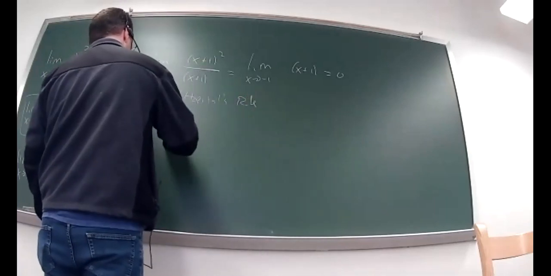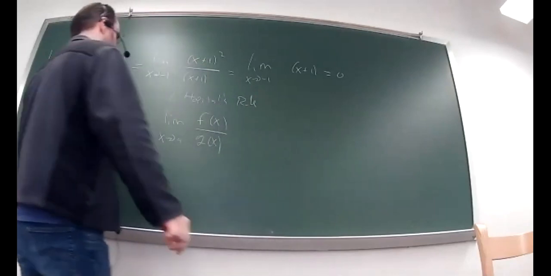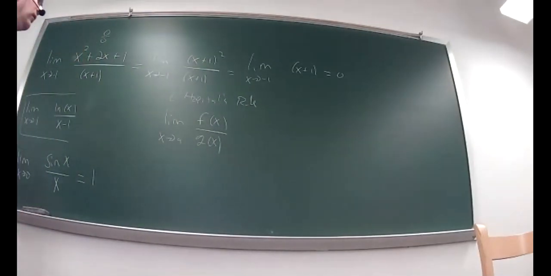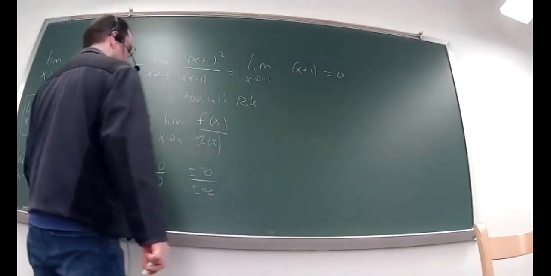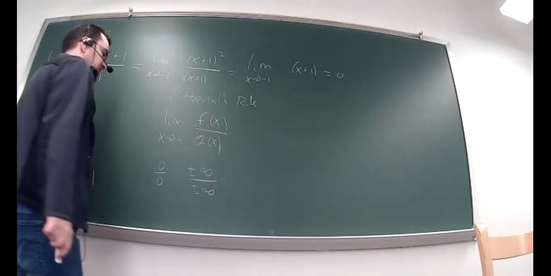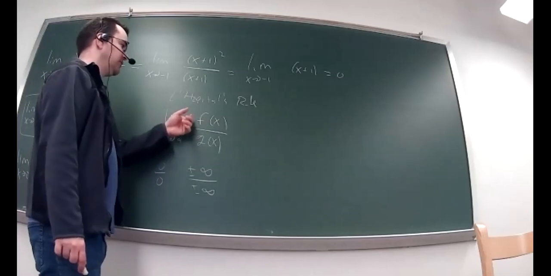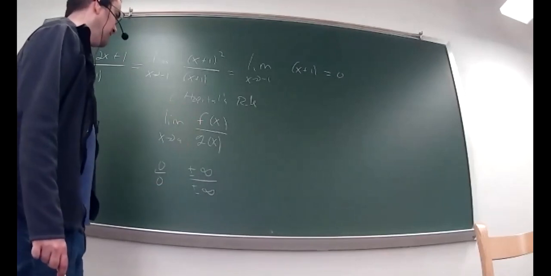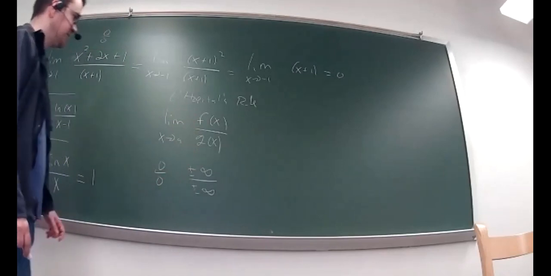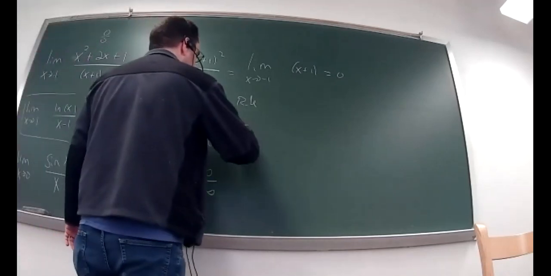is. It says that if you take a limit as x goes to a of f of x over g of x, and you get an indeterminate form like 0 over 0 or plus or minus infinity over plus or minus infinity, so the numerator could be going to infinity and the denominator could be going to negative infinity, or you could have 0 over 0 like in this situation. L'Hopital's rule says that if you have the limit of a ratio of differentiable functions, and say their derivatives are continuous, and you get an indeterminate form like this, then you'll be able to calculate that limit